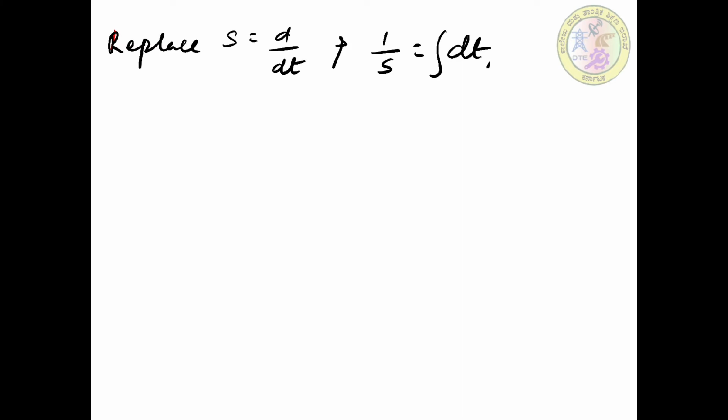Okay, so this is done when we are applying the ILT. So therefore now I am writing that v of s equation again. V of s is equal to